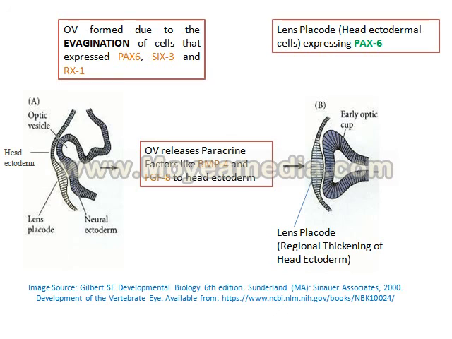Now the entire ectoderm is incapable of responding to optic vesicle paracrine factors. Only some cells or a region of head ectoderm which expresses PAX6 would respond to the optic vesicle. That is why we say that PAX6 develops competence in head ectodermal cells to respond to the optic vesicle. PAX6 is very important. If there is no PAX6, there is no induction by the optic vesicle. As simple as that and straightforward as that.